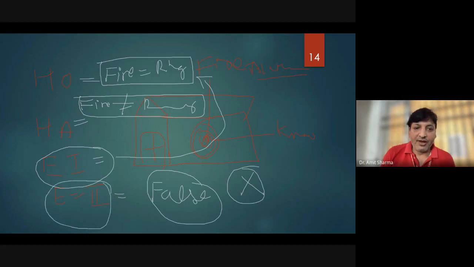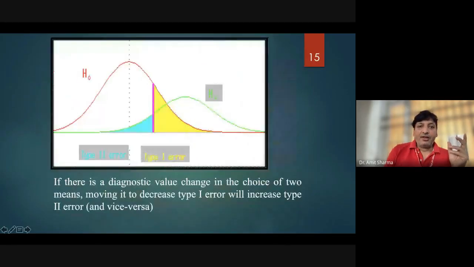So for whatever purpose you are performing research, if that purpose is not fulfilled, you can expect that a type 1 error has occurred in your research. And when you are getting a false result, that means smoke or cigarette is not responsible for cancer, but in the research you are getting a response that cigarette is responsible for cancer, it means a type 2 error has occurred in the research. You can think in such a way. So whenever we are conducting research, we are expecting both types of error together at the same time.